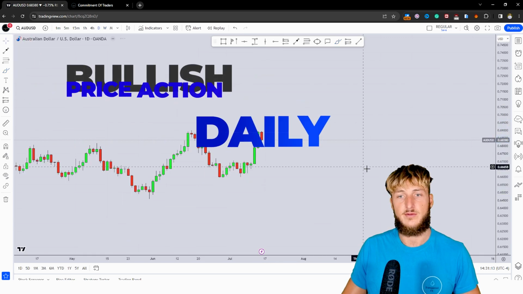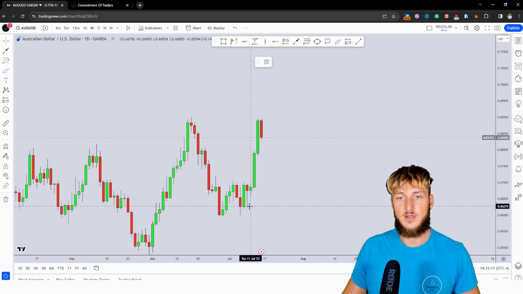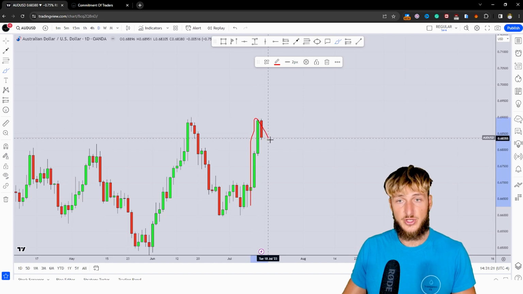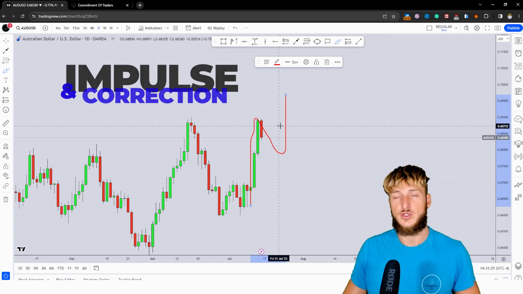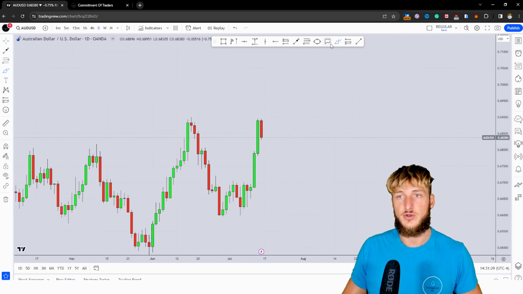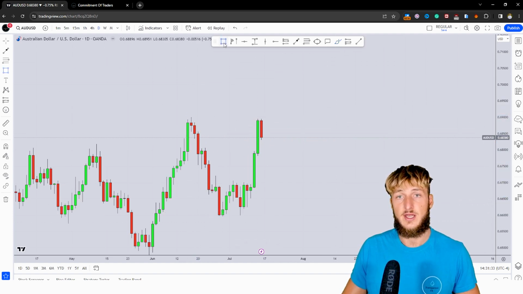Going down to the daily time frame, what do we have? Now, from a daily perspective, it is quite clear how we just got this very strong impulse. Also here, the drill is the same. If you have an impulse, you expect correction and then the continuation to the upside with the creation of a higher high. We can also notice how by looking left, during all this impulse to the downside, there is this